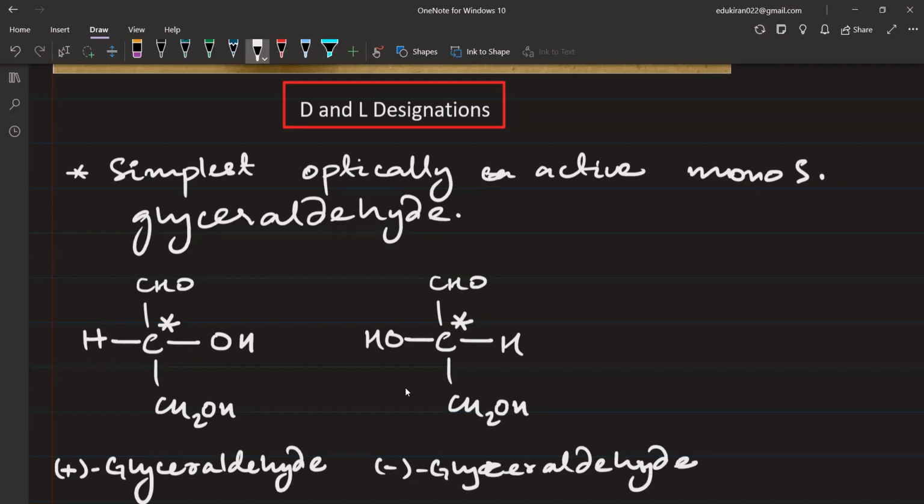What is plus and minus? Tell me guys, what is plus and minus? What is plus and minus? ओहो, भूल गए आप लोग।